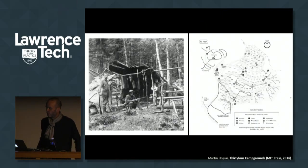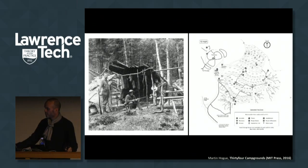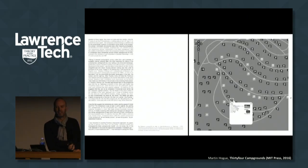One thing I learned about the exhibition is the idea of how we make campsites. 150 years ago, campers hiked into the woods and created a campsite from scratch. Since the 1930s and 40s, campsites have been commodified in such a way that when you arrive at the campsite, you're given a map, you pick your own site, so it's much easier to create a campsite here than it is here. But it's become even easier in the last 10 or 15 years with online reservation websites